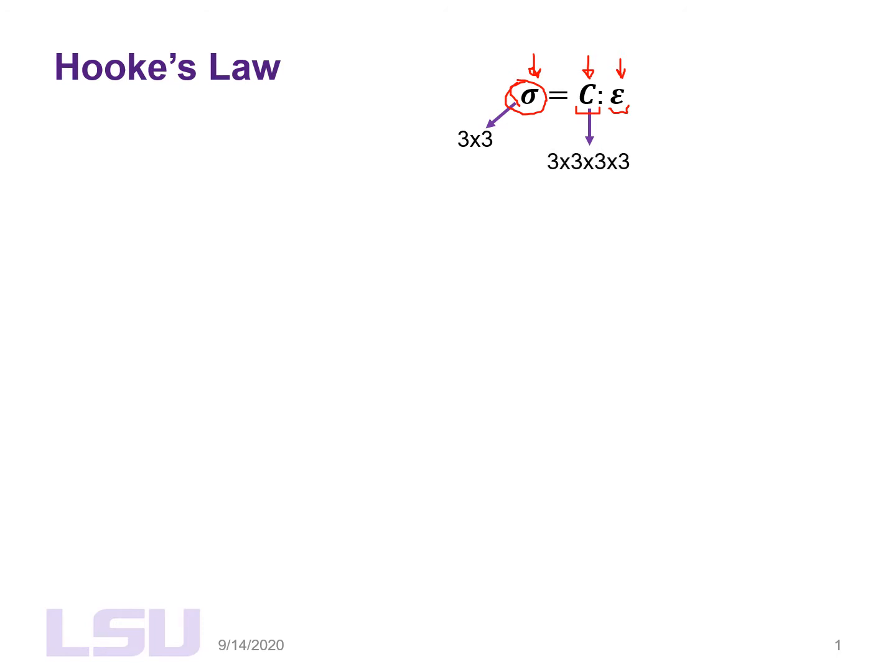This is this fourth order tensor, so it's 3 by 3 by 3 by 3, which is difficult to visualize, right? And you will see what we will do about that shortly. And that is your strain tensor, which is also 3 by 3. So we can use something that is known as the Voigt notation to express the stress tensor and the strain tensor in the form of a vector